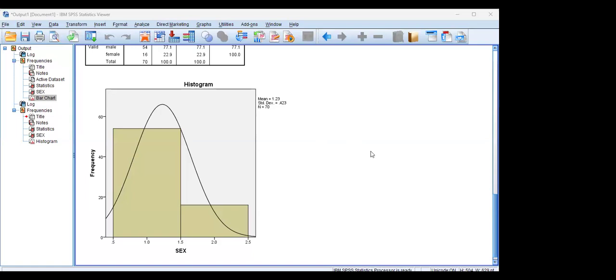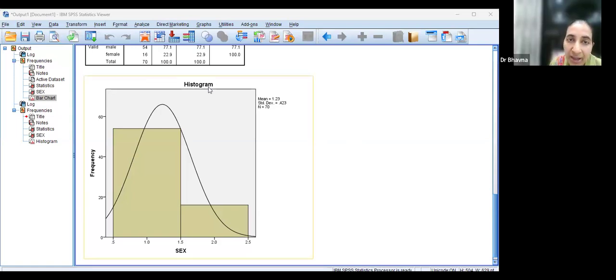Yeah. See, we clicked on histogram, and without using its brain, SPSS gave you a histogram. But essentially, this is a wrong diagram. Why? This is gender. This is supposed to be male. This is supposed to be female. This is supposed to be a normal curve which is being drawn on a histogram. Mean, standard deviations, these are not to be calculated for qualitative data. Since we do not know that this is qualitative data, we just clicked on the wrong icon of histogram, and it effortlessly gives you a histogram.